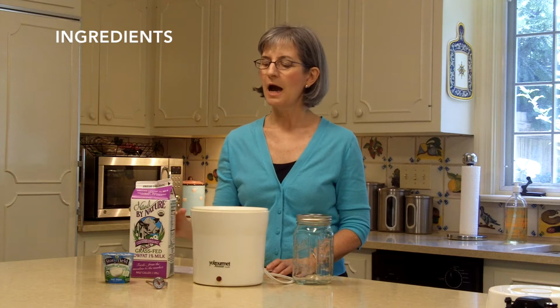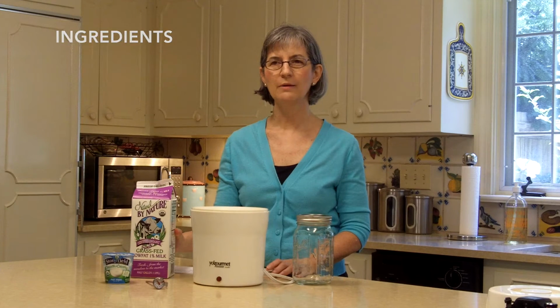Let's talk about the ingredients that we'll be using. I usually get grass-fed organic milk. You need to get 1% or 2% or whole milk, just so that you can have a little bit thicker consistency with the yogurt. If you use a fat-free milk, it usually comes out pretty runny. And so I also use, for a starter, Stonyfield organic yogurt. I just get the plain of that, and we'll be using about half of this container to make a quart